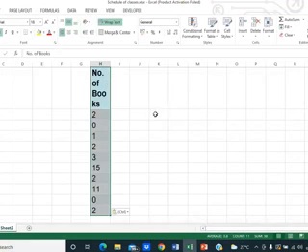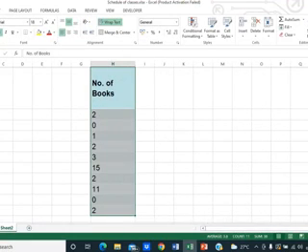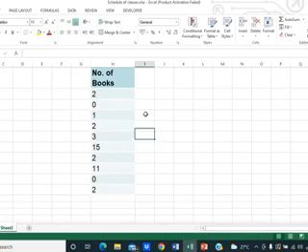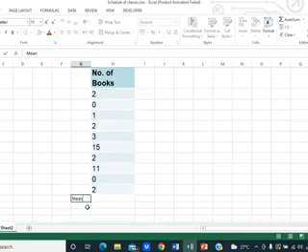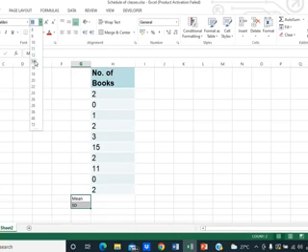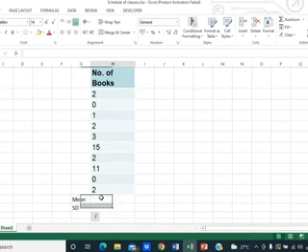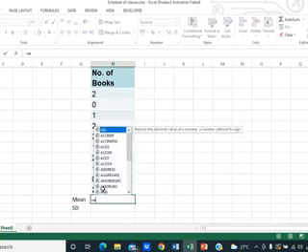Here I type in this value: number of books. Then I calculate the mean here and the standard deviation. I am putting this text as guidelines of what I am doing here. So this mean is equal to,